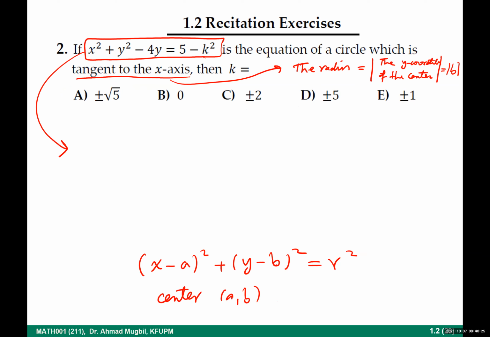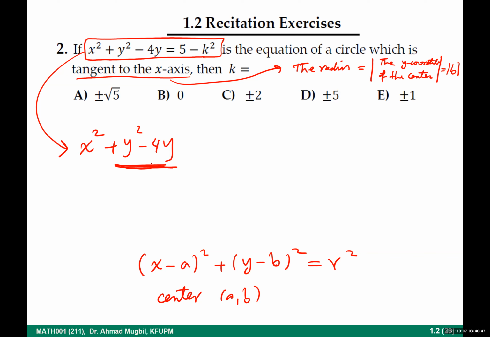Revise the previous example of yesterday. Now we have x squared. Do we have any x here other than this x squared? It is a perfect square, x squared, so there is no term with x. Now we have plus y squared minus 4y. Is this a perfect square? No. So it is not a perfect square. What we need to do